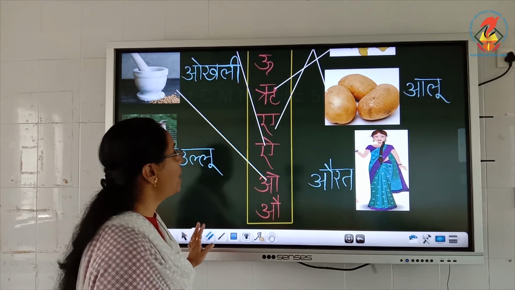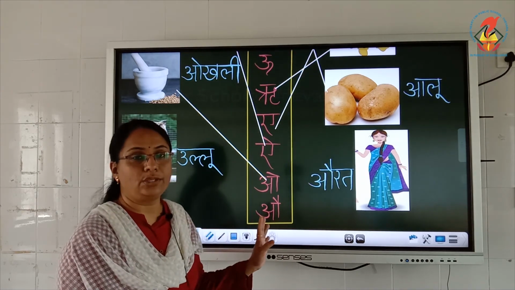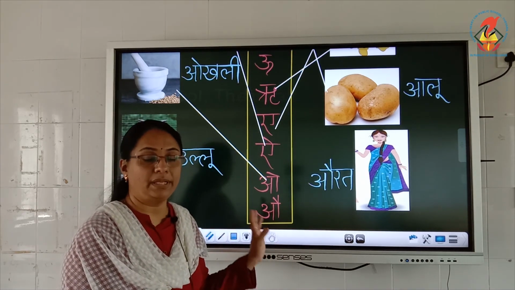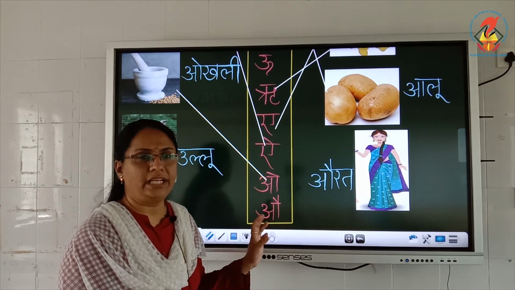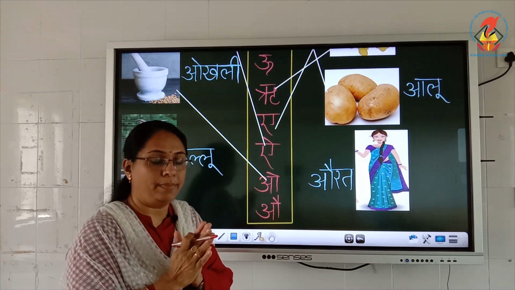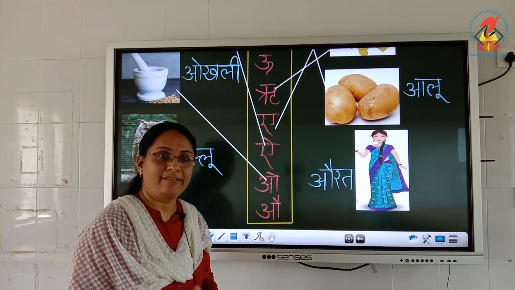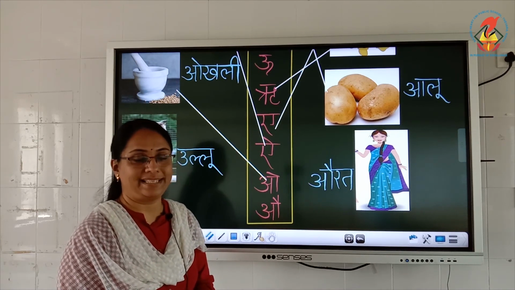Okay. Until now, children, do this exercise very neatly. Use a scale. Use a scale to complete the picture. I mean the worksheet. Do it very neatly. Don't draw, match it with free hand. Use a scale. Do it very neatly. After you complete it, learn the names of the pictures. After that, file it properly and keep it safe.